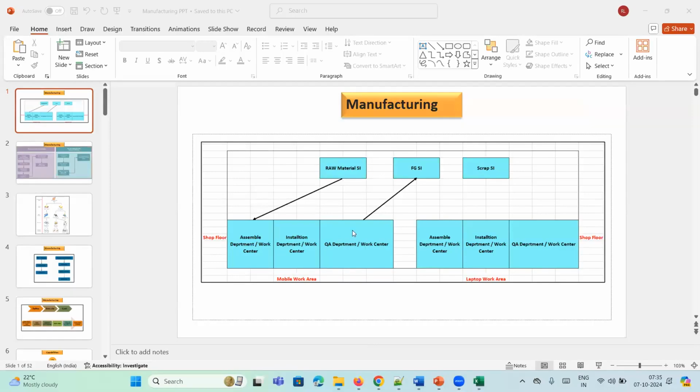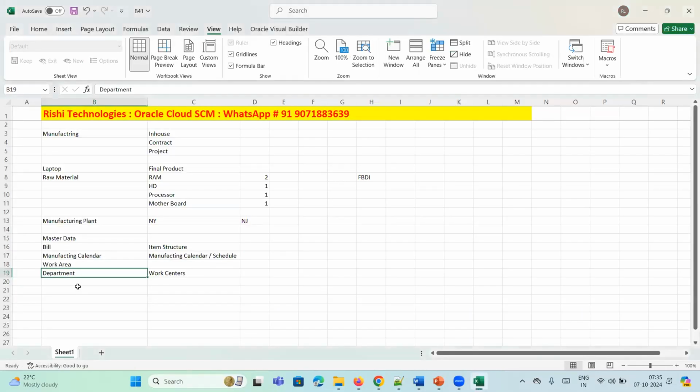Okay, so that is about work center, which in EBS terminology is a department. As we discussed just now, each work center is a combination of resources. Resources are of two types, labor and equipment. For example, a lathe machine is equipment, while manpower, a person, is labor. So basically resources are of two types, labor and equipment, which are used in your work center